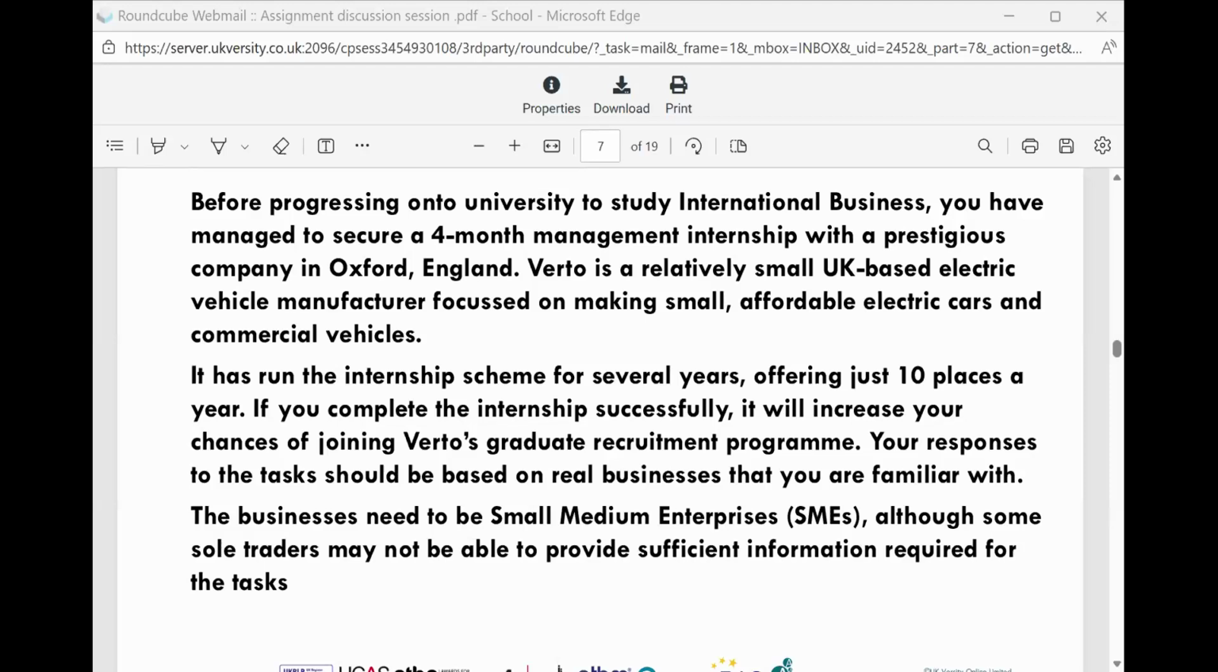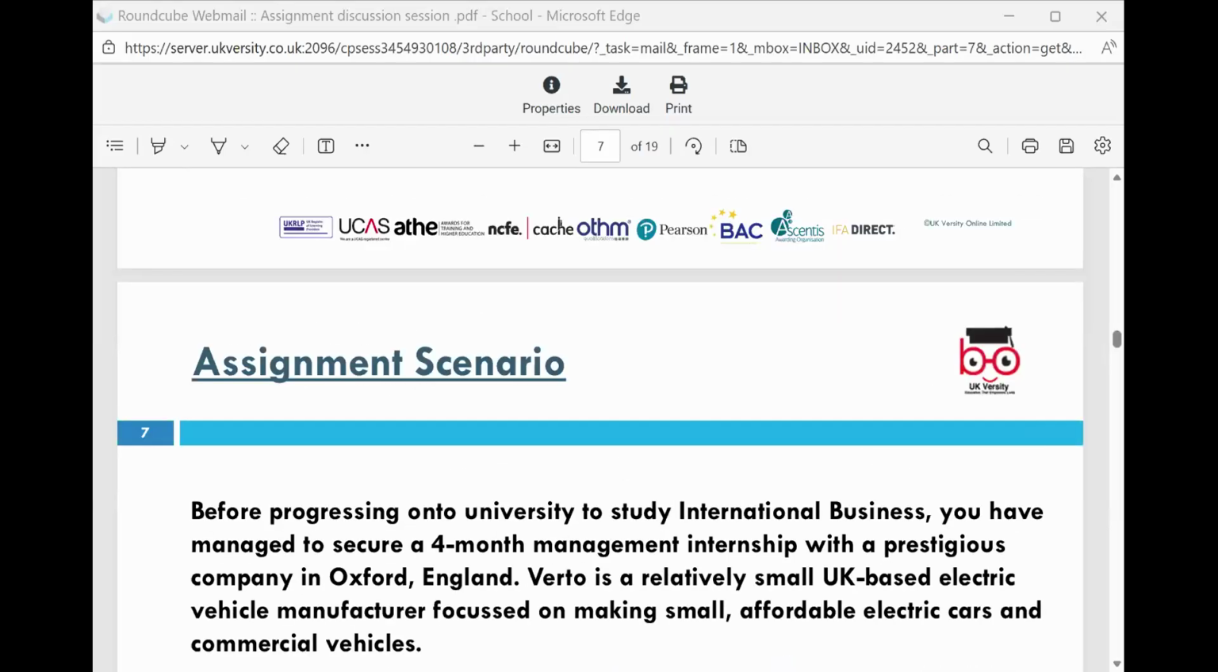Vito is a relatively small UK-based electric vehicle manufacturer focused on making small, affordable electric cars and commercial vehicles. It has run the internship scheme for several years, offering just 10 places a year. If you complete the internship successfully, it will increase your chances of joining Vito's graduate recruitment program, and your responses to the task should be based on real